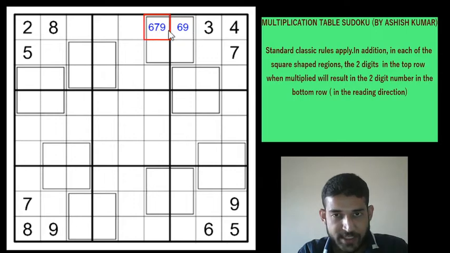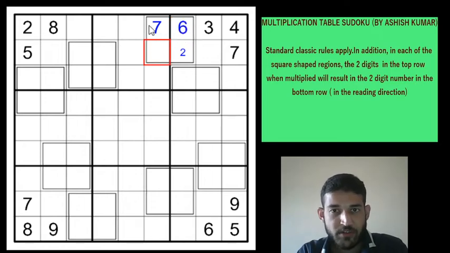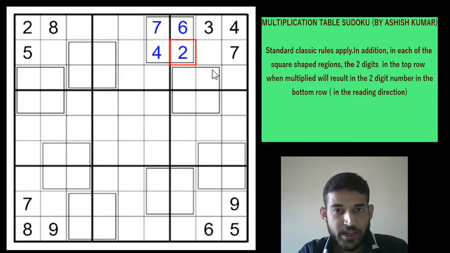Now if you have a 6 and 9 here, when those are multiplied, you get a 5 here and a 4 here, 54. But 54 is not possible because of this 5. So it means you need to have the 7 here. And now if you have 7 into 6, then this would be 4 and 2, 42, sorry. And when you have 7, 9 here, 7 into 9 gives you a 63, right? But 63 is not possible because you have the 3 here. So this will be a 6. And this is a 4. And this is a 2. Right? Hope you are able to follow until here.